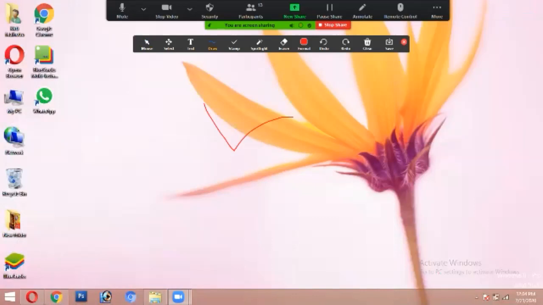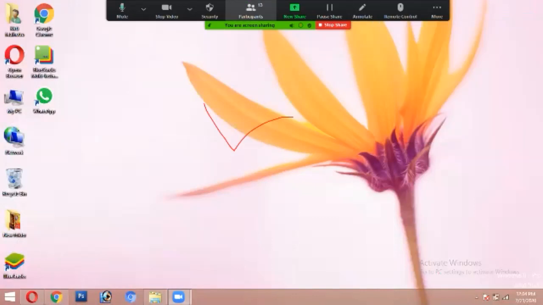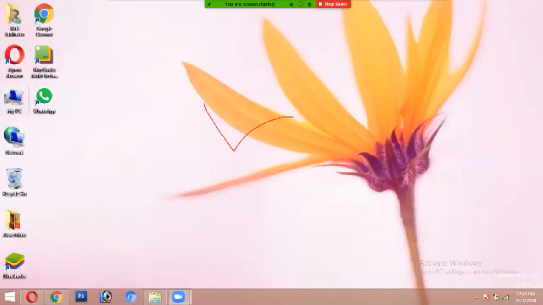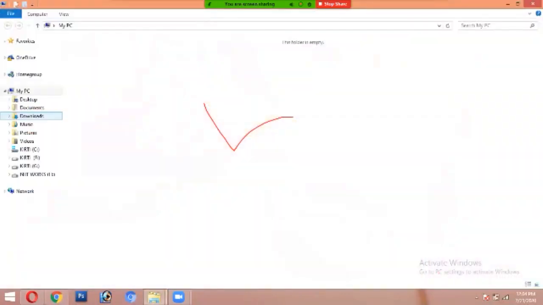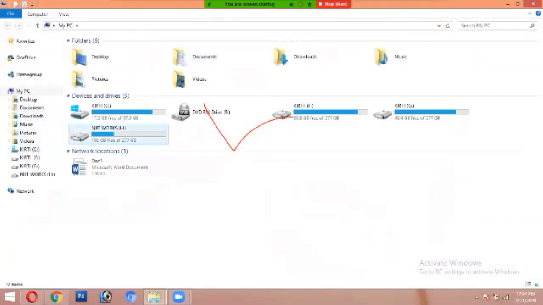Now students, this is my desktop, whereas this is my PC. You all can see my PC window here, my PC icon here. My PC means this is my computer. So when I click on my computer, see, we have drives here. This is C drive, this is E drive, F drive, this is G drive, and we can create more drives if we have some memory also.